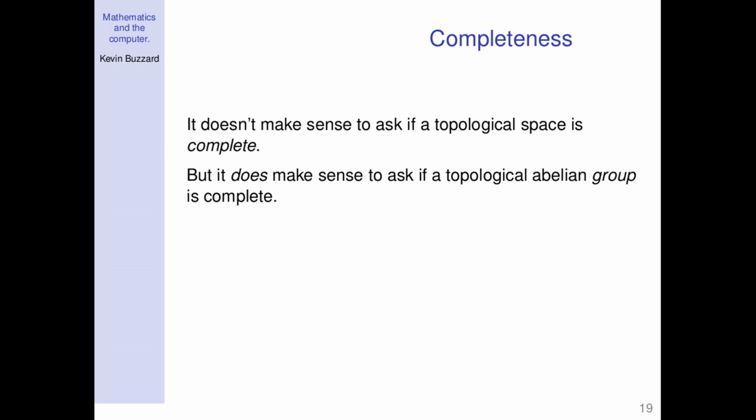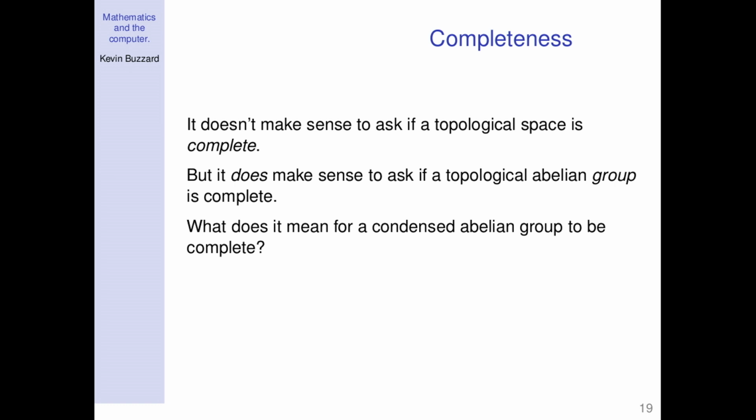What you can't do with a topological space is, given two distinct points in that space, compare the bases of neighborhoods at these two distinct points. But if you have a topological abelian group, and you've got two distinct points in this group, then given a neighborhood of one point, you can just use the group law to move it to a neighborhood of the other point. So in particular, even though you don't have a metric, you can still make sense of things like A is about as close to B as C is to D. That sort of idea begins to make sense. And so you can make sense of Cauchy sequences, and so you can talk about topological abelian groups being complete.